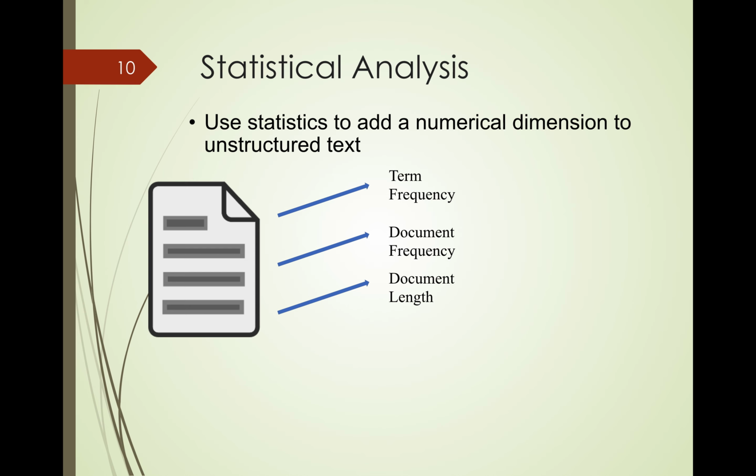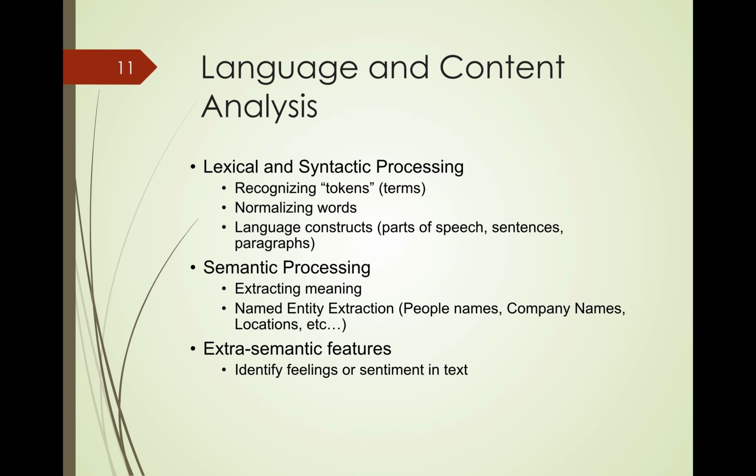Then we do something called the document frequency, right? In how many documents this particular word occurs, not term frequencies, which is how many times the term occurs within a single document. Now, if I see in what percentage of documents the term occurs, that is document frequency. I might also consider the length of the document, because longer documents will have higher term frequencies. The longer documents will naturally have more occurrences of that same term. So, we will have to normalize for the document length. So, these are some of the operations that we apply.